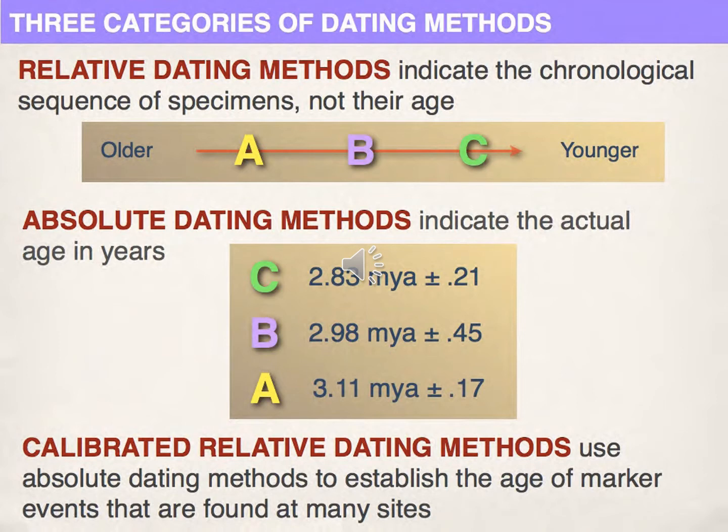Calibrated relative dating methods are methods where you have a technique that has been well studied that you can use as a way to establish an age marker for events. Many people do this when they find fossils that are legitimate. If you find a fossil like a trilobite, which is very popular, and it's legitimate, that trilobite fossil is between 200 and 500 million years old because everybody that has found a trilobite fossil in all